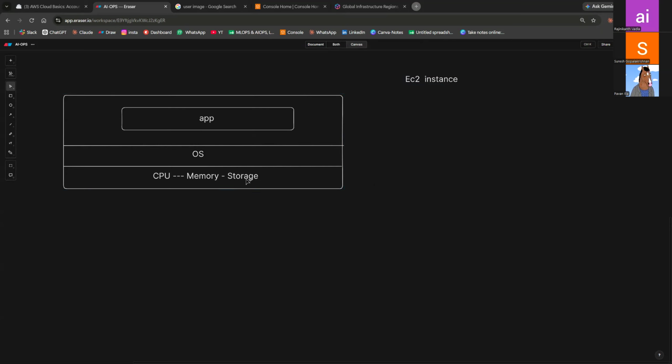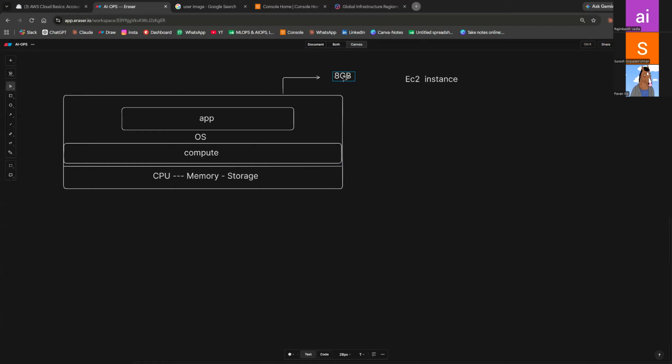EC2 means, I said, the server has a compute process and memory. For example, this is my compute processor. This server is how much? 8 GB.